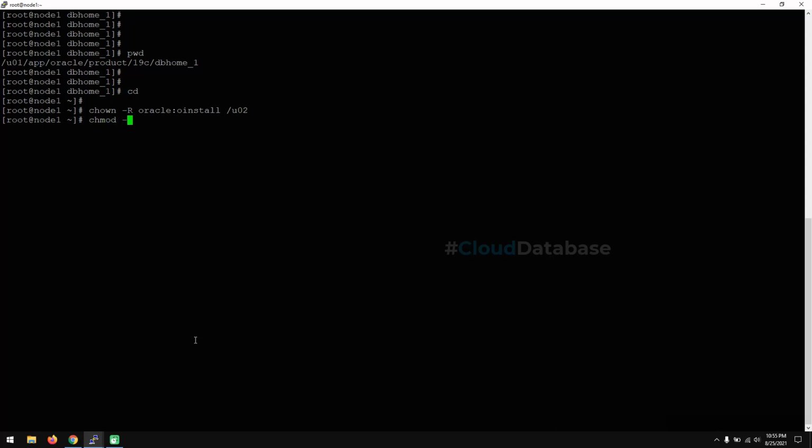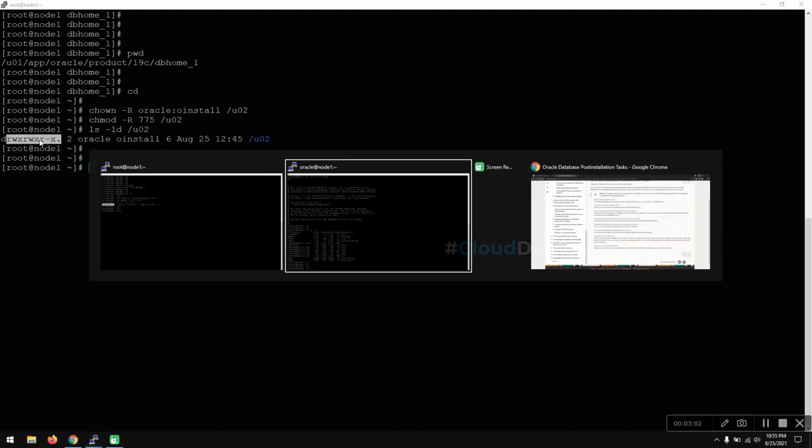I'm changing the permission to 775 for the U02 mount point. It's done now. You can check this with ls -l and ls -ld. These are basic OS commands. The permission has changed to oracle oinstall and 775. This is the directory. These are basic Linux commands.